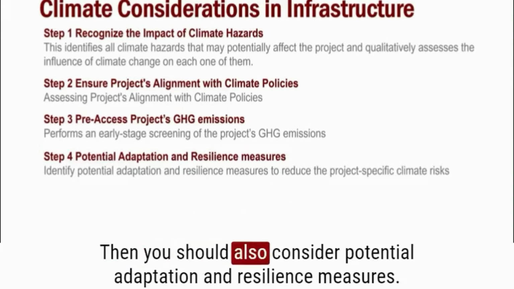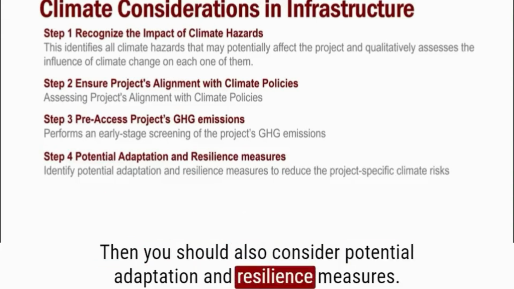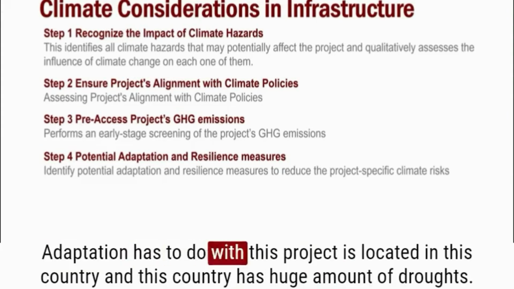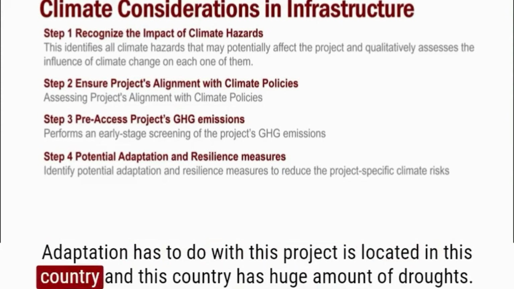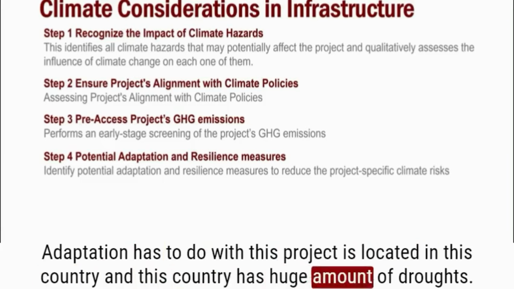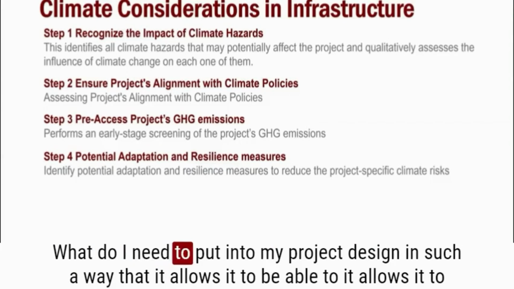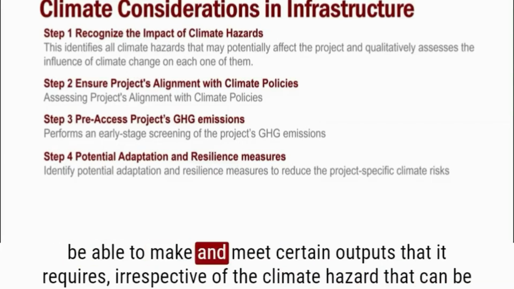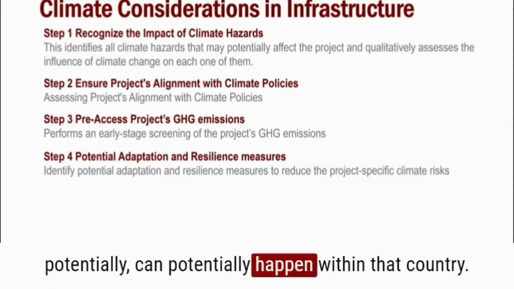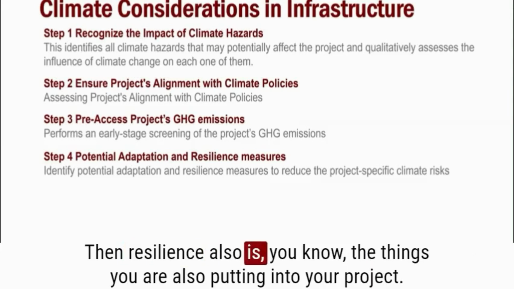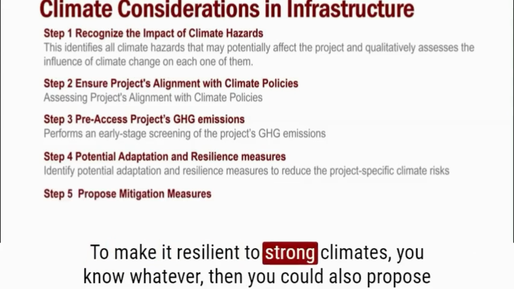Then you should also consider potential adaptation and resilience measures. Adaptation has to do with this: this project is located in this country, and this country has a huge amount of droughts. What do I need to put into my project design in such a way that it is able to make and meet certain outputs that it requires, irrespective of the climate hazard that can potentially happen within that country? Then resilience also is the things you are putting into your project to make it resilient to strong climates,